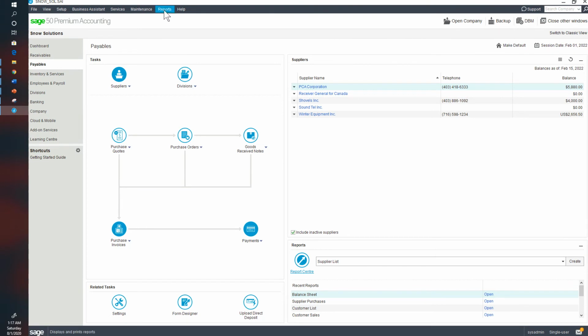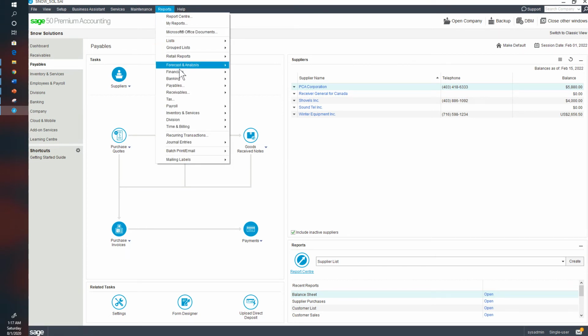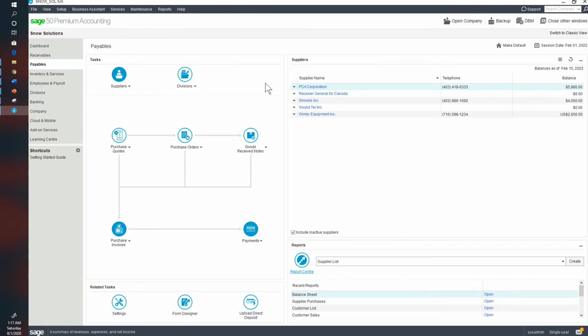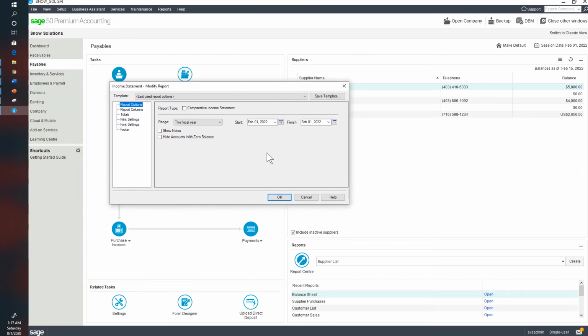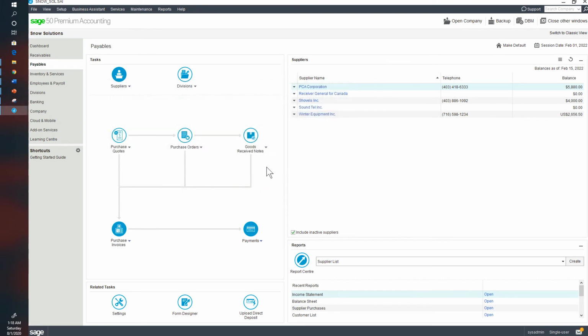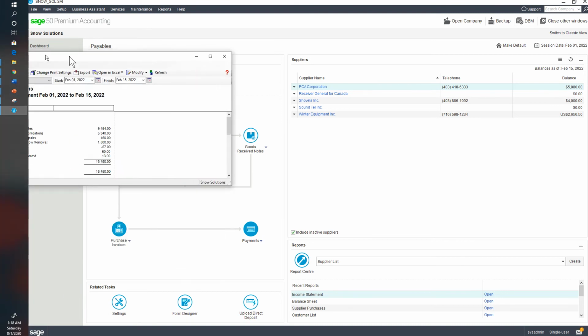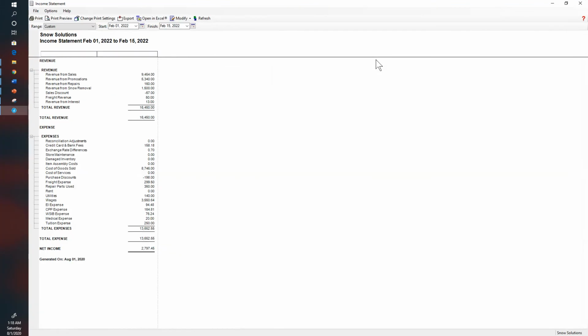You can also generate an income statement. Remember that an income statement is a lapse of time. It's not one point in time, but a portion of time. So therefore, February 1st, I will check up until February 15th, and I'll click OK. This therefore gives me a range of the